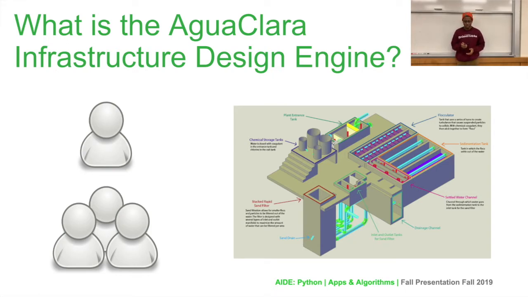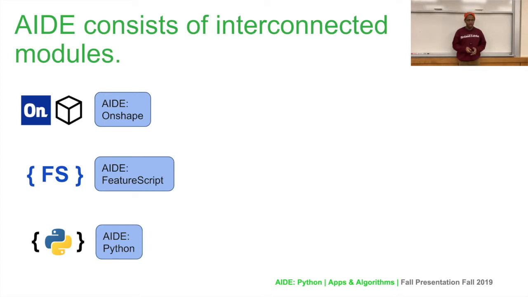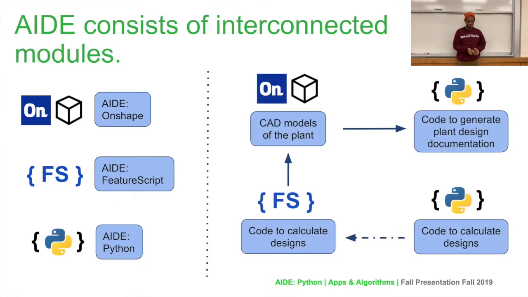So what that means is that we start off with these three subteams. We have AIDE Python, AIDE FutureScript, and AIDE Onshape. And what that means is that we first start off with AIDE Python, where we create code to calculate the design. We use Python to make this object-oriented structure that separates all of the components of the plant into different objects, but they all connect to make sure that the properties trickle down to all of the subcomponents. And we take all of that code and move it to the AIDE FutureScript subteam, which calculates the